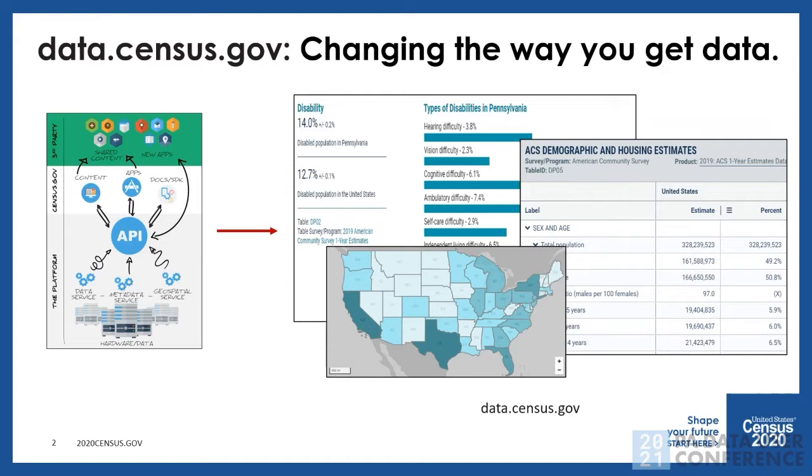So all of that's the basis of what we're doing, and with that, is making sure that we get all of our data transferred over into the API so that it is able to be presented in all those different ways. Not just for me, but other people are using it for their own dashboards as third parties. We want people using it as much as we do. But if you don't have the skill or knowledge or even time to produce those things, that's what data.census.gov is, where we're trying to get to where we're producing those for you based on your feedback and the things that you are requesting or asking for. So that's this big transition.